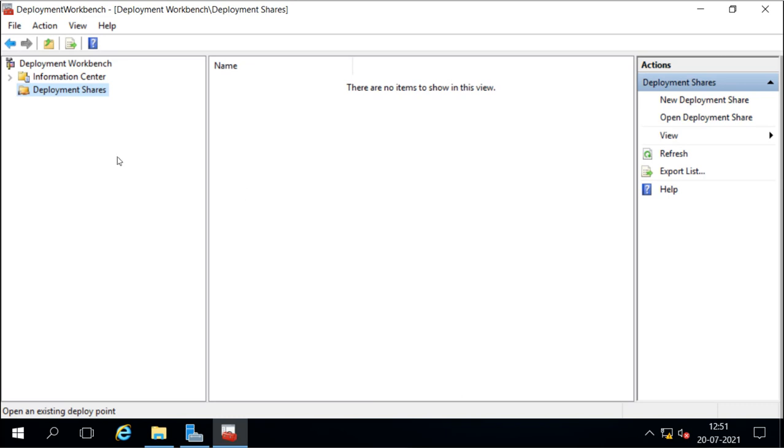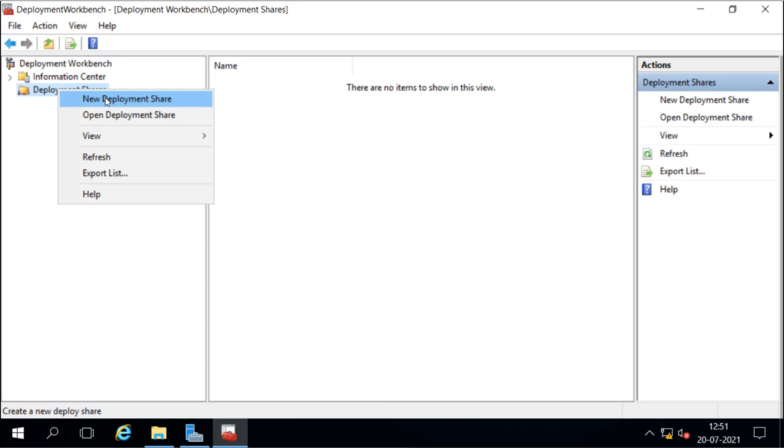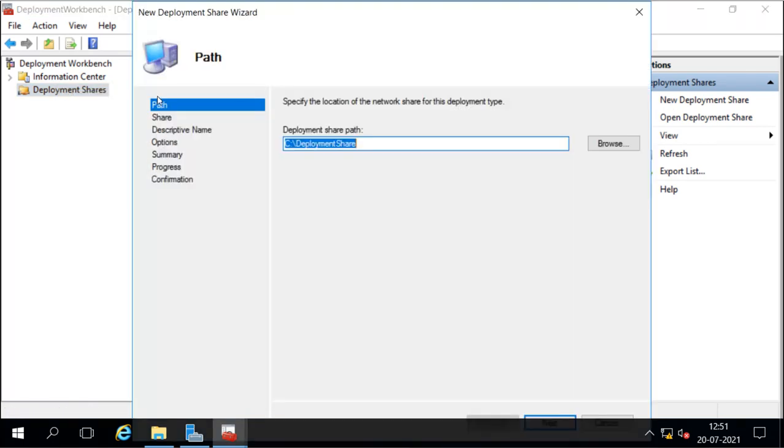We will select this, right click, New Deployment Share, or we can select it from here. So I will select New Deployment Share, and this is the default path where it goes, under C drive, DeploymentShare. We can put it on another path also, on another drive. It is a good idea to put it on another drive, so that your operating system drive stays free for your operating system, and this deployment share will be on the other drive.